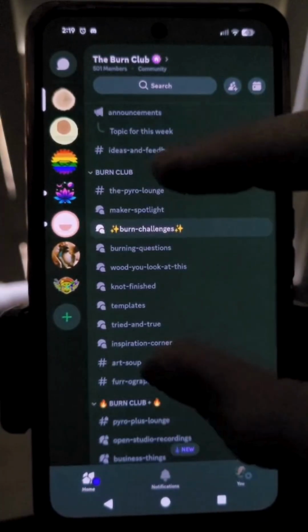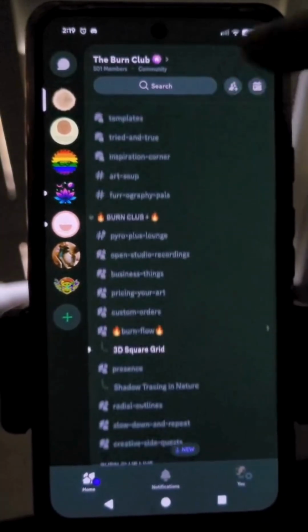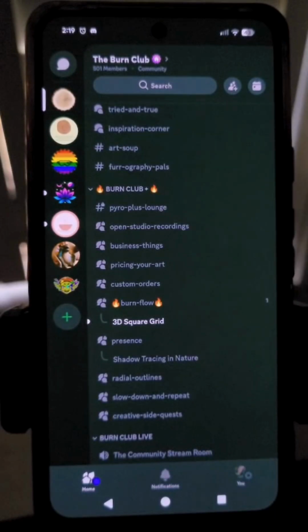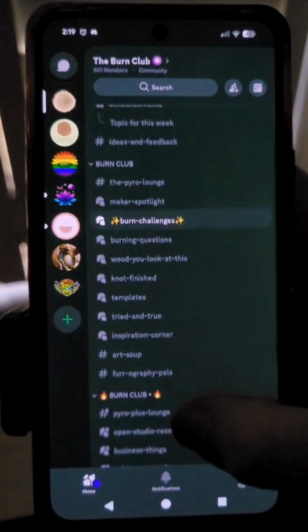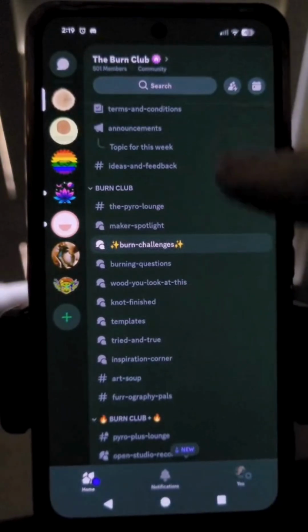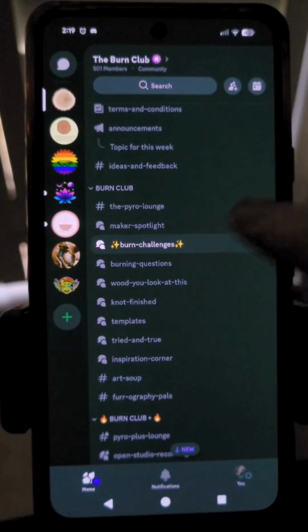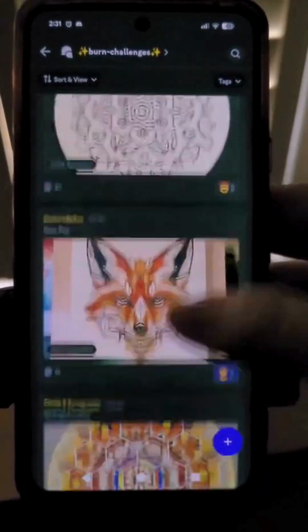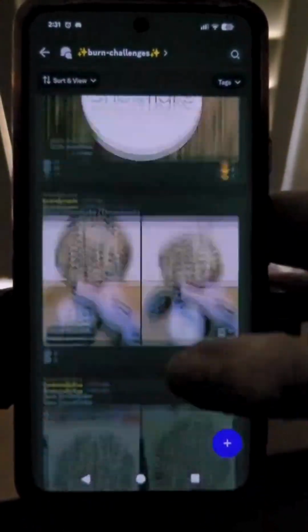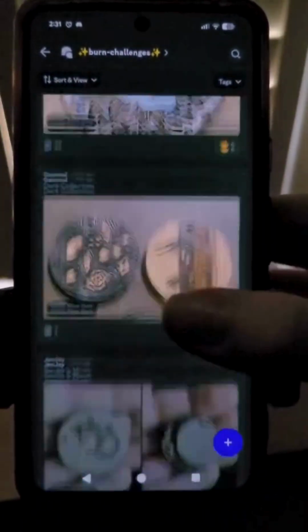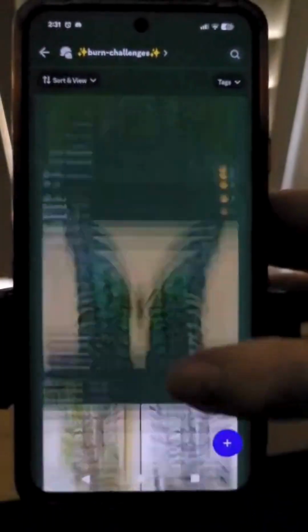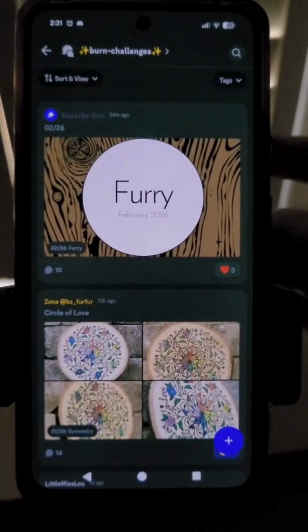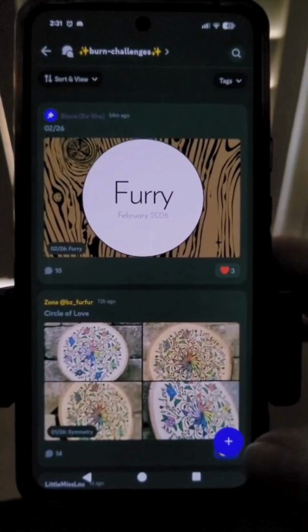You will see the Burn Club channels, and then you will see Burn Club Plus channels if you are part of Burn Club Plus. In order to submit a burn challenge, go into the Burn Challenge channel by tapping on it, and you will be taken to all of the submissions and challenges that ever were here. You can search through them, and if you want to post your own, you click on the little plus icon